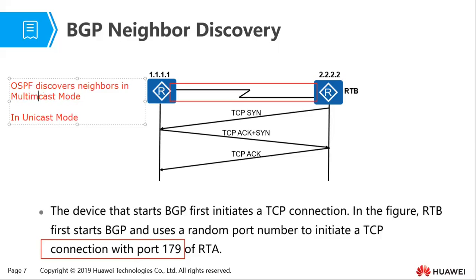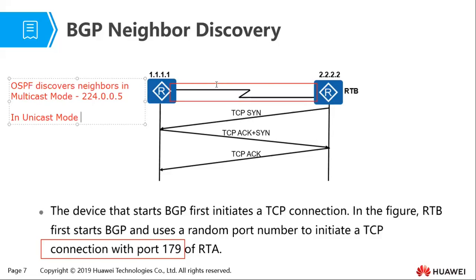Multicast. Why did I write it like that? Multicast mode. What this means is when a router wants to discover and establish neighbor relationships, it will send the hello packet to a multicast destination address, so that any other router that has been configured with OSPF will receive and process that hello packet. But when it comes to neighbor discovery and establishment in BGP, it uses unicast mode,